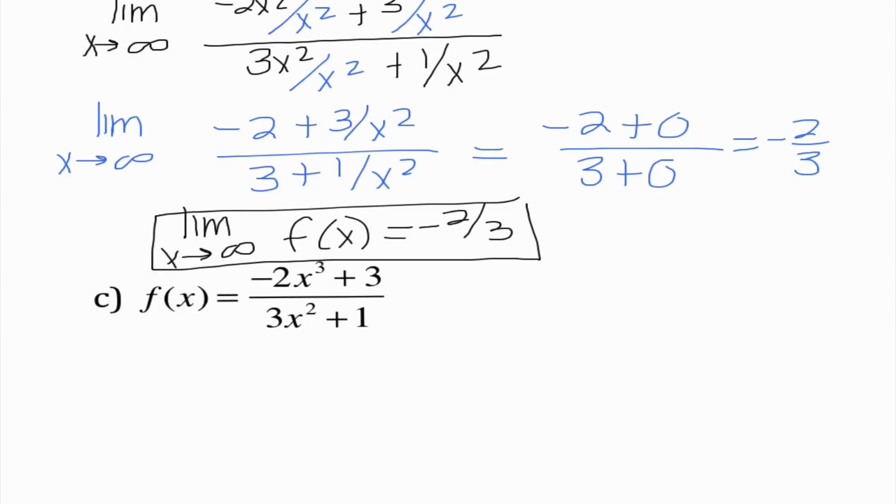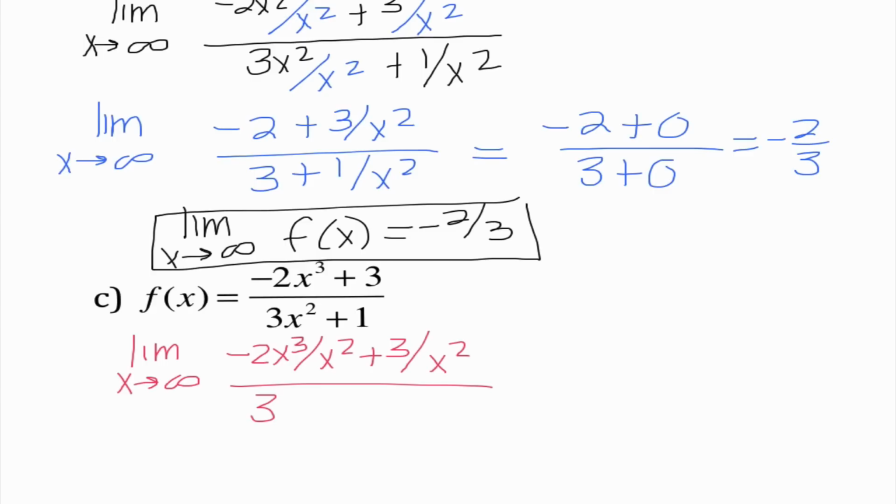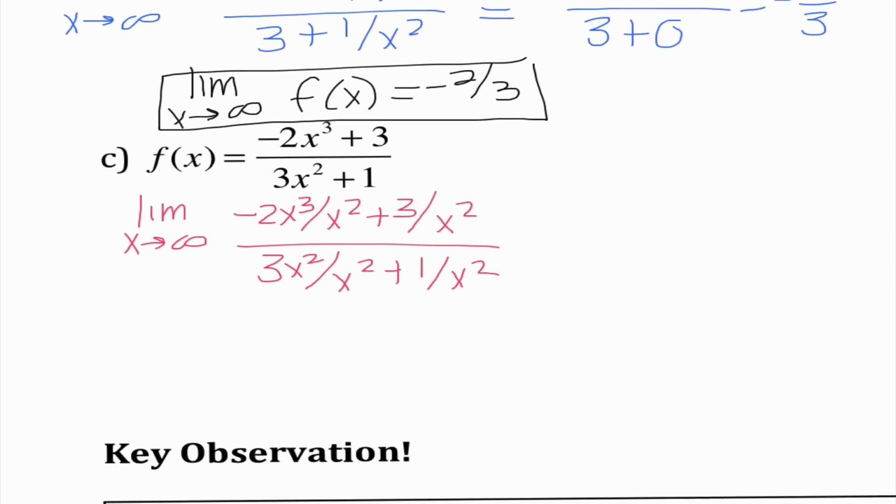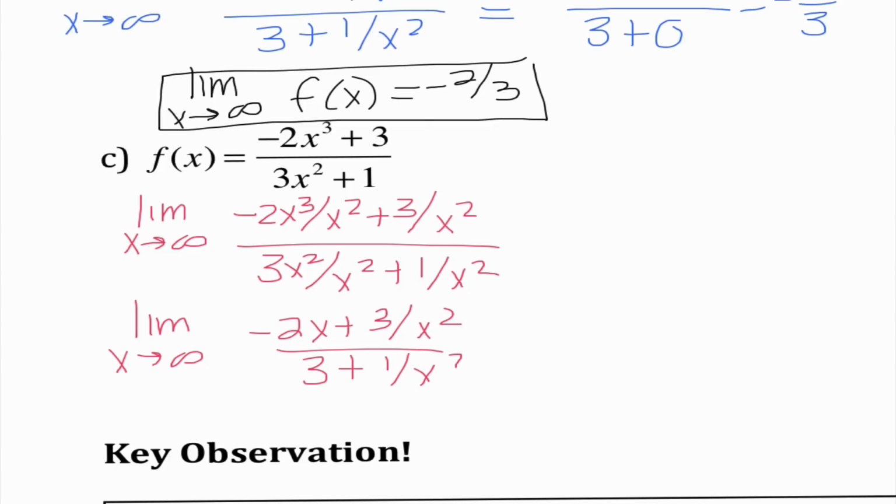Number 3, once again, I notice that the highest power term in my denominator is x squared. So even though I have a higher term in my numerator, I'm dividing everything by x squared. So when I simplify this, I get negative 2x plus 3 over x squared over 3 plus 1 over x squared. And when I find those limits, something really weird happens here. That negative 2x tells me that as our x values increase,